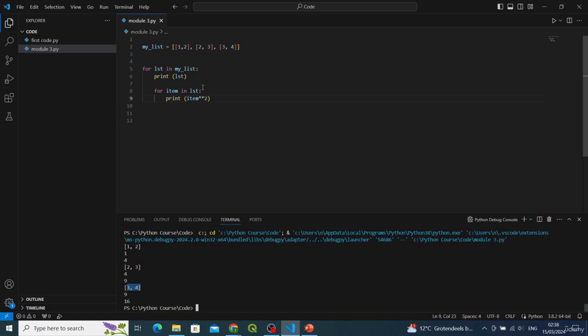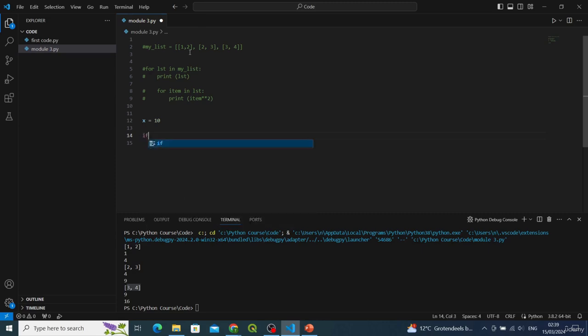So this is how we use nested for loops to iterate over this list of lists, or you can say nested lists, but that's not a good terminology. So it's better just to say list of lists. So you see, this is the use case of using nested for loops. So I will keep this here for now like this. Just comment everything out